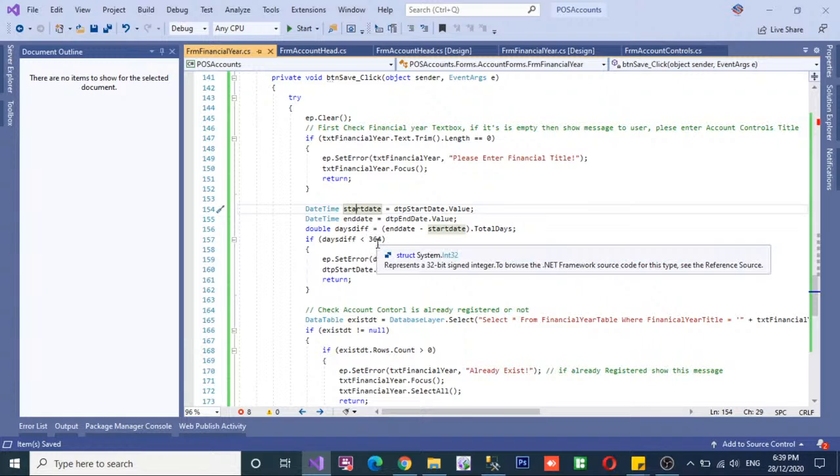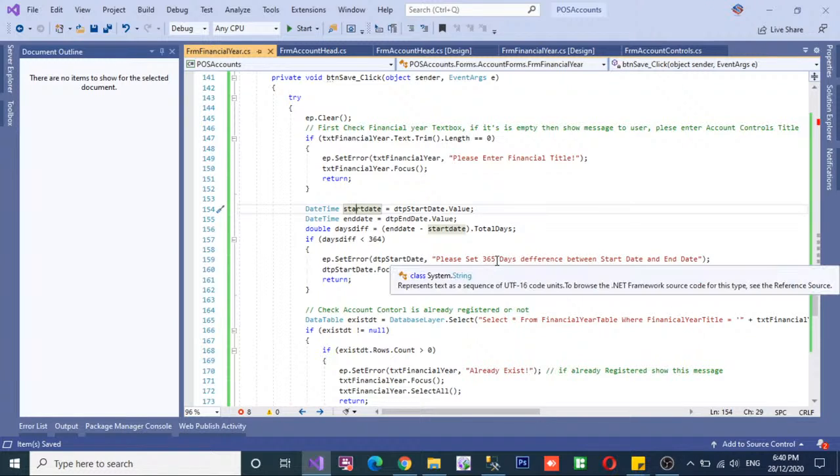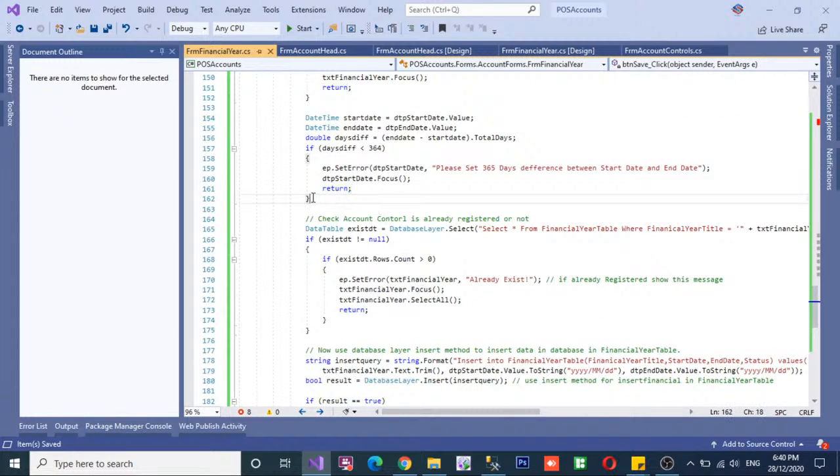So here I'm checking if the days difference is less than 364 days, so it means please set the financial year properly. And here show the message please set 365 days difference between start date and end date, and then focus the start date and return means do not execute below the code. If this condition is false, it means the difference is greater than or equal to 365. So then